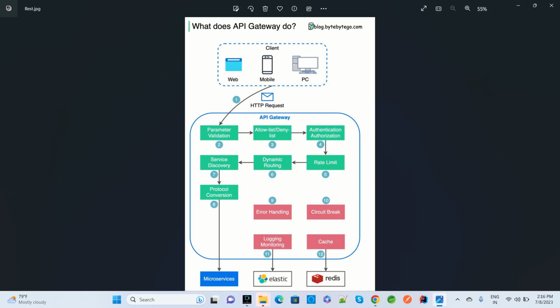Once the request is allowed or valid, after that they will check whether the particular user is authenticated to log in or authorized for this access or not. Based on that, we have a rate limit that will be called. After that, dynamic routing will be there. Through that, dynamic routing will be generated, and then after that, service discovery will be called. Based on the service discovery, a protocol conversion will happen, and then it will go